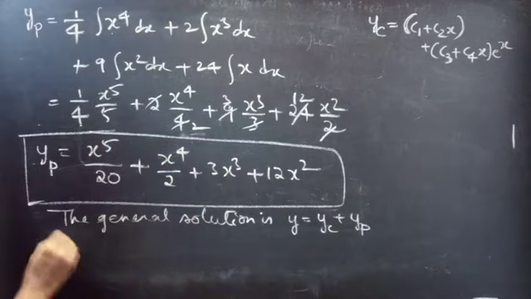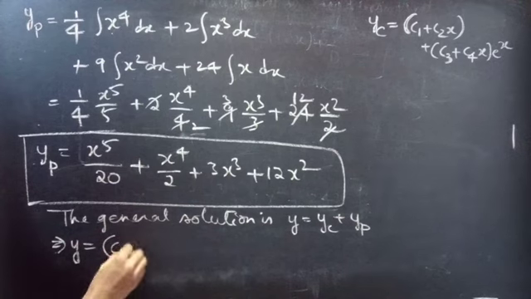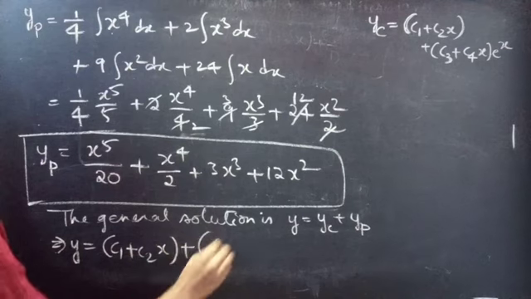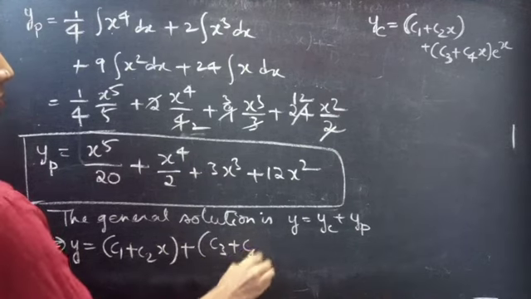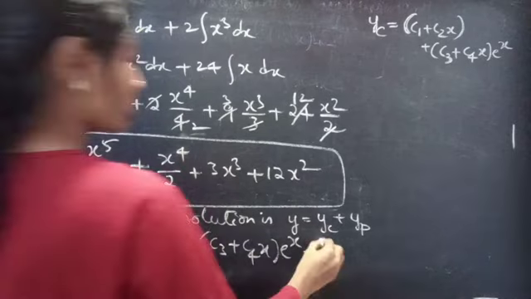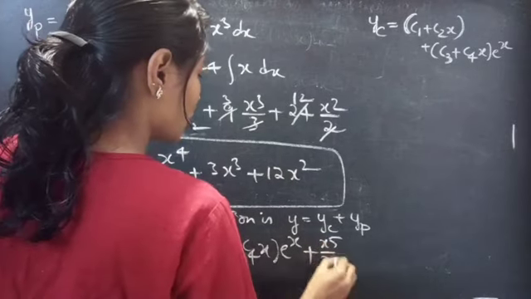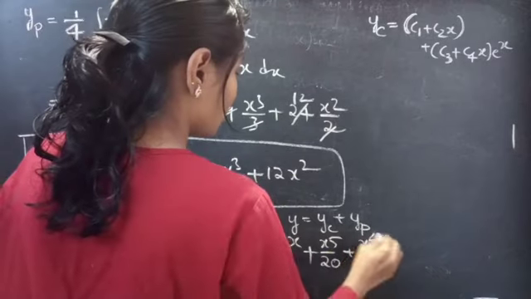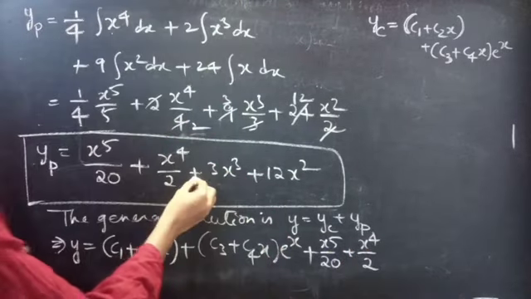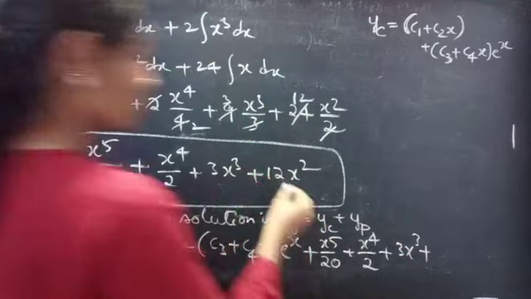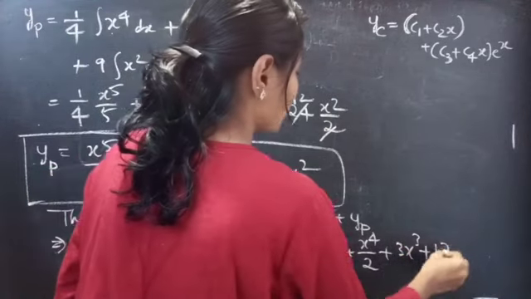Then our solution looks like y equals (c1 plus c2x plus c3 plus c4x) into e power x, plus yp, x power 5 by 20 plus x power 4 by 2 plus 3x cube plus 12x square,